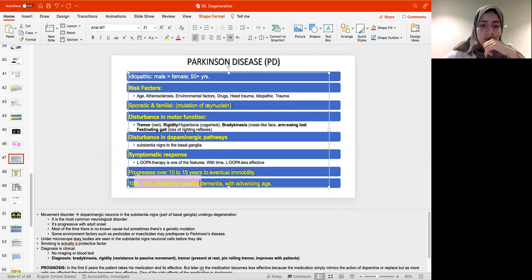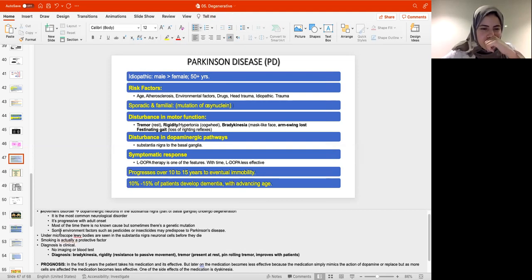Okay, so usually 10 to 15% develop dementia with advancing age. So this is another distinguishing feature. They develop dementia later on in the course. Their main symptom is movement. Once you see movement symptoms, you think of Parkinson's and Huntington's. Those are the first two you should think of, okay? If you see dementia first, then you think of AD first, okay? I also mentioned here, you can have some environmental factors that cause Parkinson's, like pesticides and insecticides. So he can even give you in his history that he's a farmer and he uses pesticides a lot